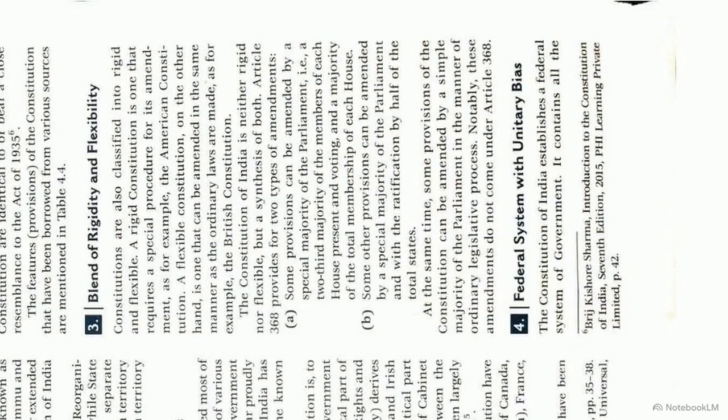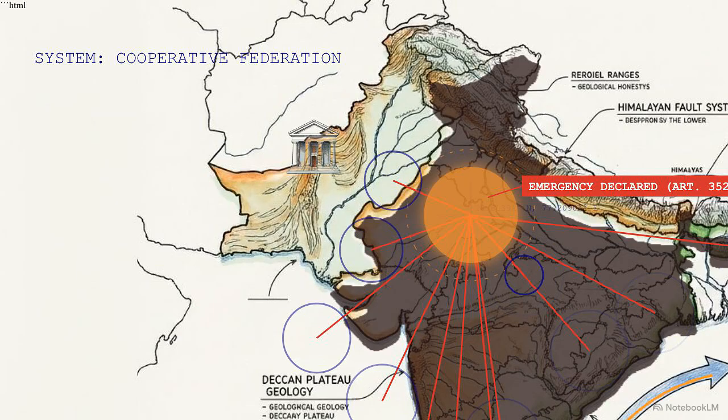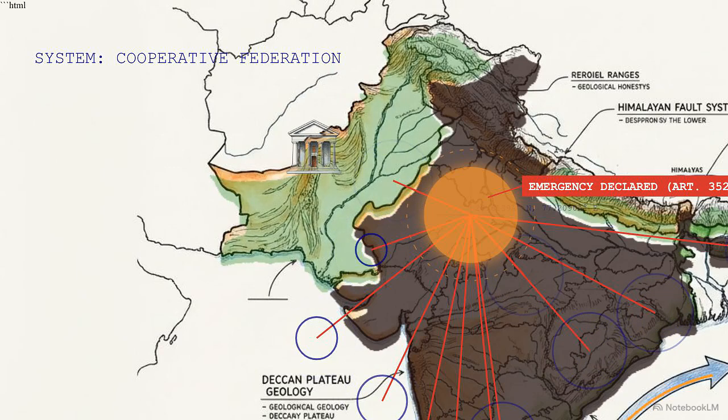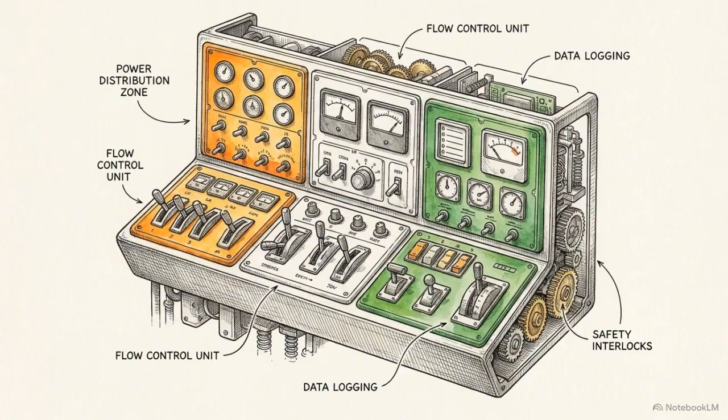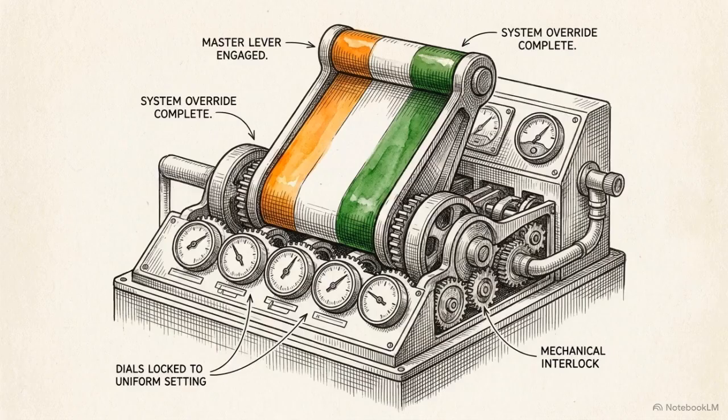A deeper tension exists in the geopolitical structure itself. The document outlines a federal system, dividing power between the national government and the states. Yet it builds in a massive unitary bias that deliberately centralizes authority. This dual-mode architecture allows the nation to function as a cooperative federation under normal conditions. However, during a declared national emergency, the constitutional machinery converts the system into a powerful unitary state. This specific engineering guarantees that regional autonomy can operate day to day, but the central state retains the absolute sovereignty required to prevent the fracture of the republic.